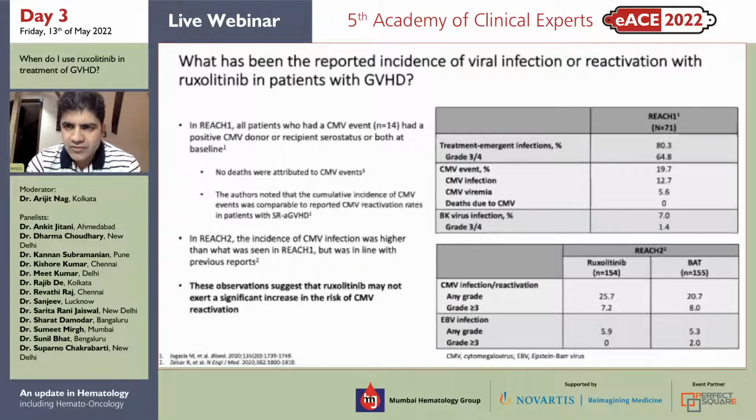But out of the lot, which we have been using traditionally as second-line agents, like etanercept, basiliximab, including ATG sometimes, this has a better infection profile, I would say, than the others. You would see reactivations, and from the trial point of view, they have to report all these events, and they have been reported. But if you look at these papers which have been published, especially from the REACH series, they don't seem to be significantly higher than the control group. So yes, viral reactivations are going to be a problem, but they will be probably better off than other second-line agents.